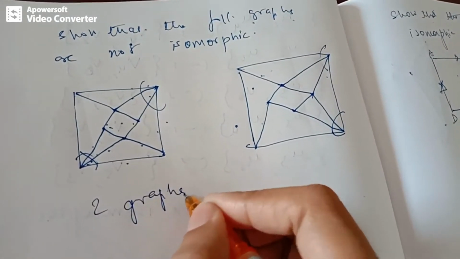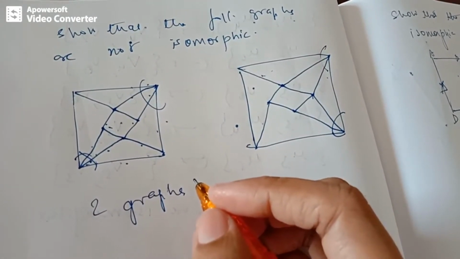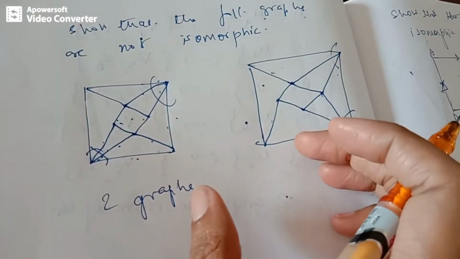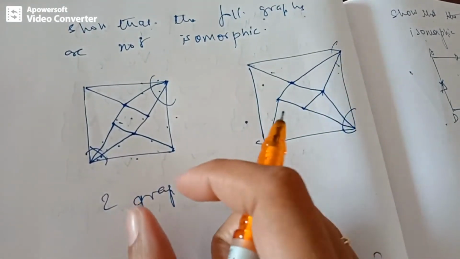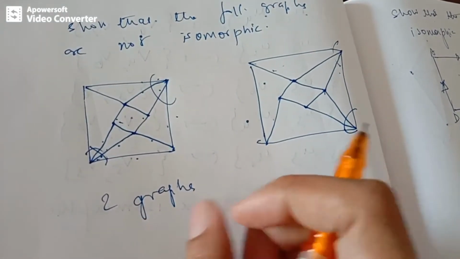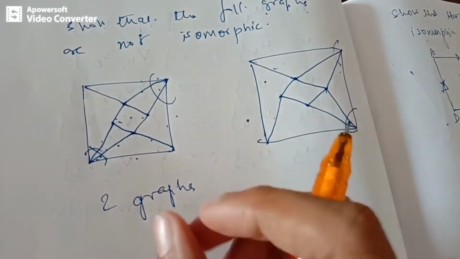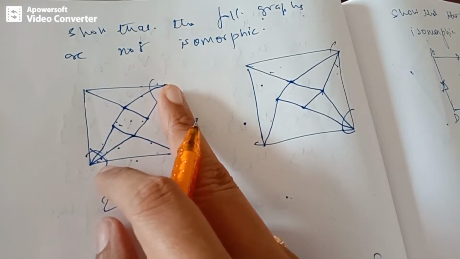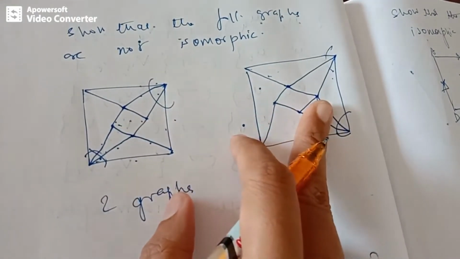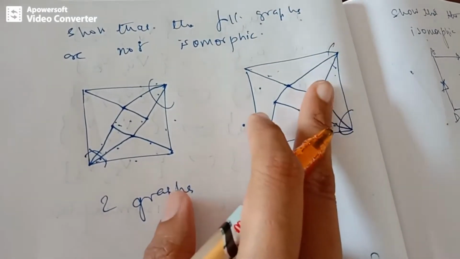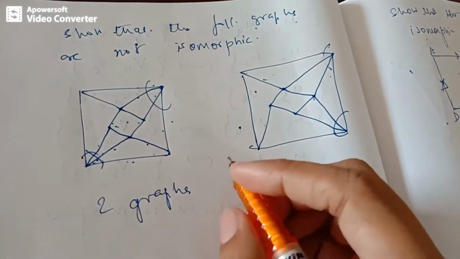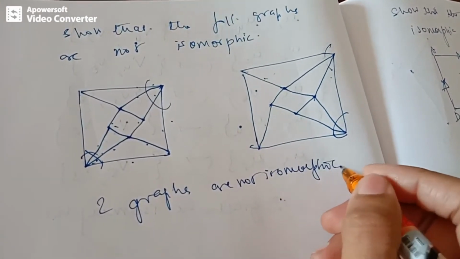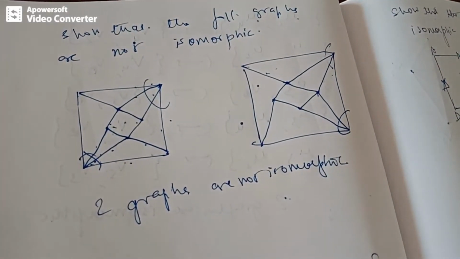So with this condition, the pairs of vertices of degree should match in each and every aspect. That is, the number of vertices should be the same, number of edges should be the same, and the number of vertices of a particular degree also must be the same, and there must be symmetry between the two graphs. So in this graph, there are 2 vertices which are not adjacent and are of degree 4, whereas in the second graph, we have got 2 vertices of degree 4 but which are adjacent. Therefore, these two graphs are not isomorphic. So you can give the reason and finally state that the two graphs are not isomorphic.